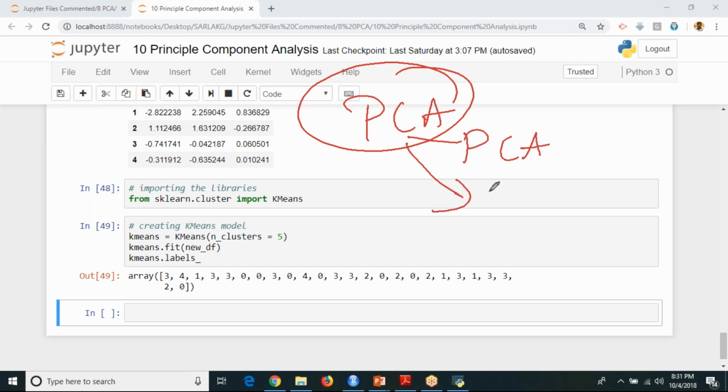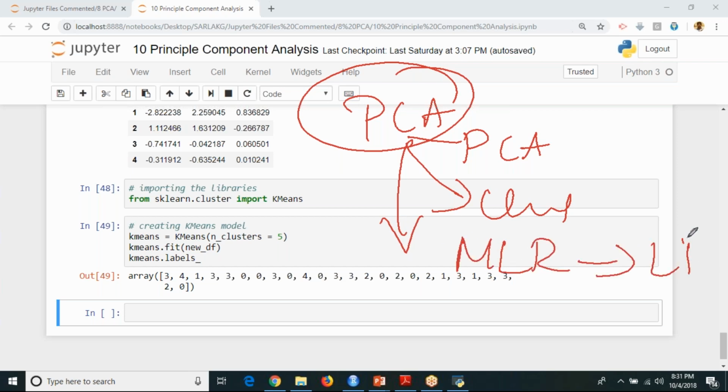you can refresh your clustering, you can refresh your MLR, or you can call it linear regression because it is one and the same. Linear regression, if you use only PC1, becomes simple linear regression. If you use 3, it becomes multiple linear regression. So everything we have done until this point in today's session will be covered if you do this, apart from your logistic regression.